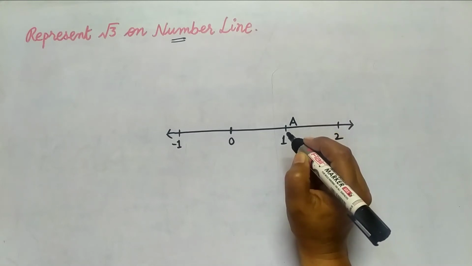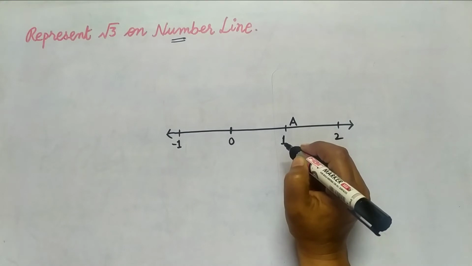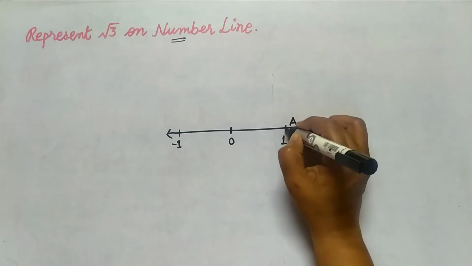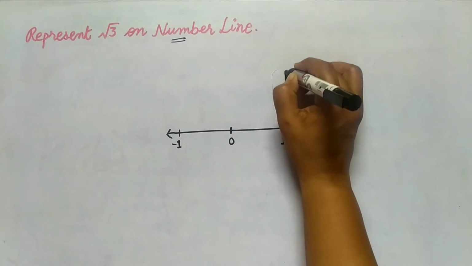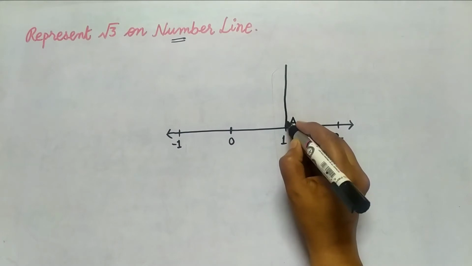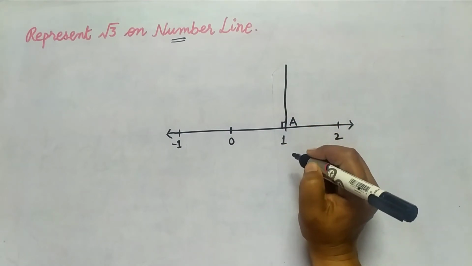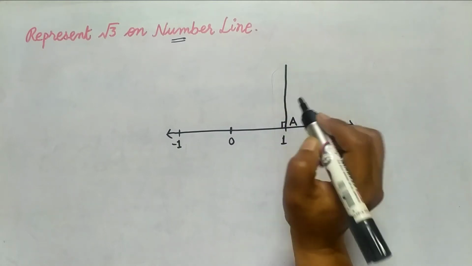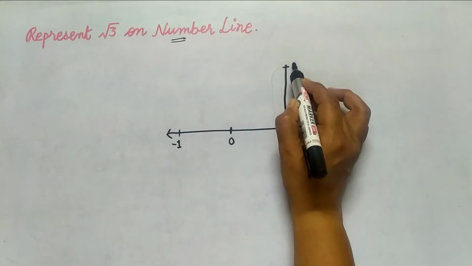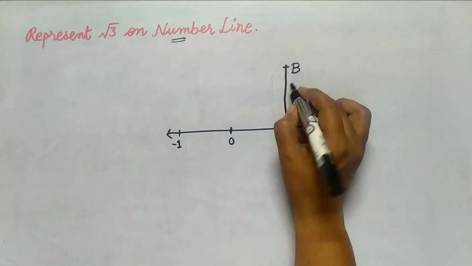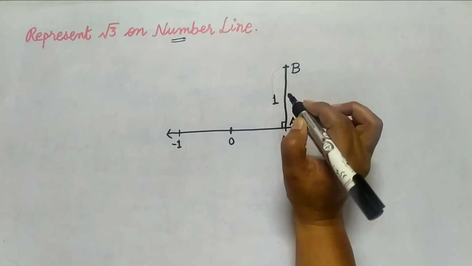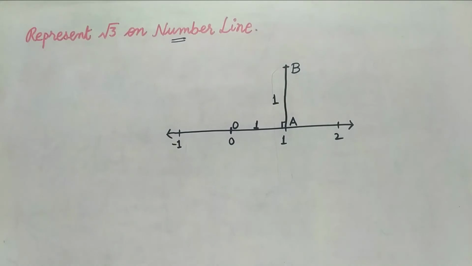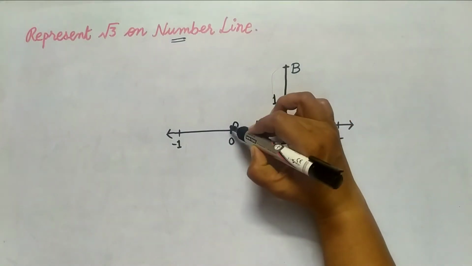Then we draw AB perpendicular on OA. Perpendicular AB here, like this. AB is perpendicular on OA and its measure is also 1 unit. Here, this point is B and AB is 1 unit. OA is also 1 unit, AB is also 1 unit, and we join OB